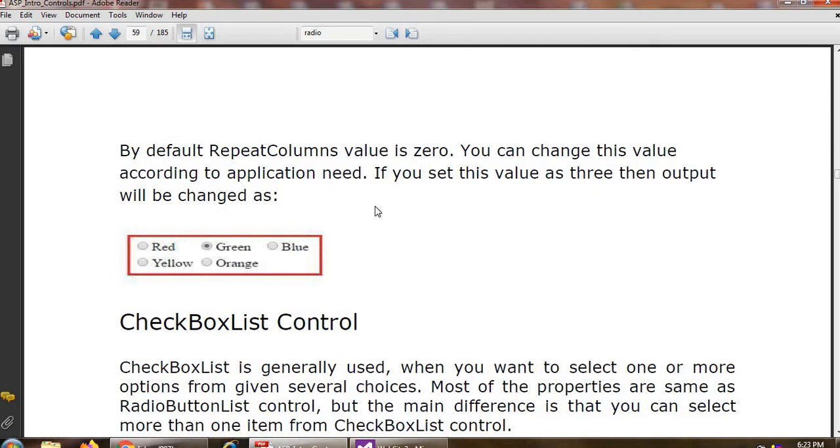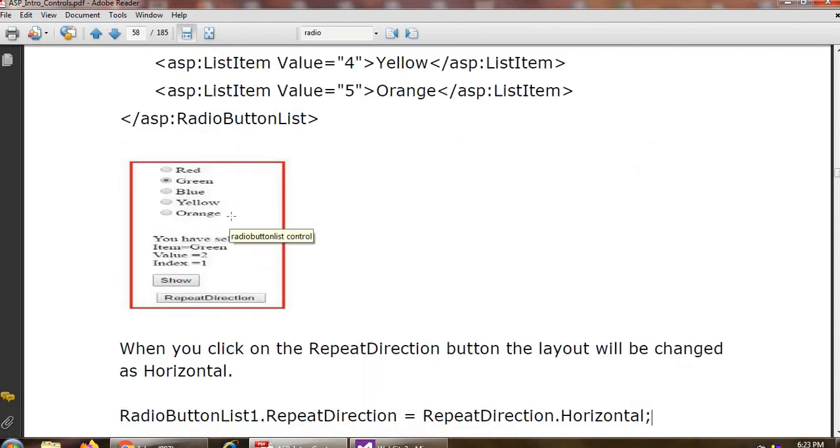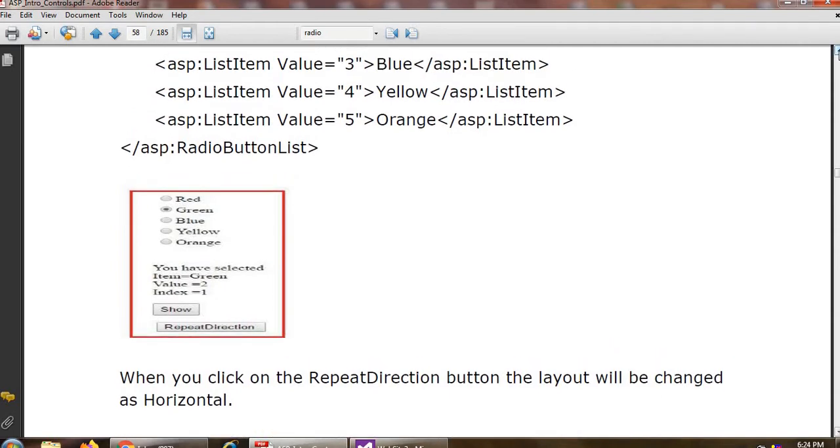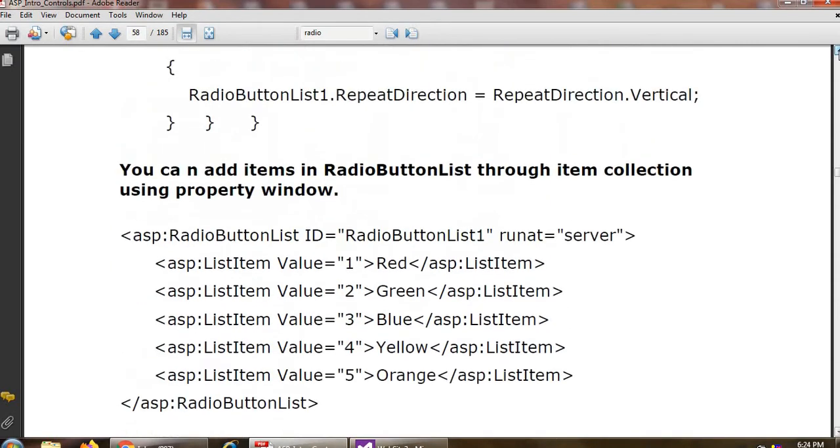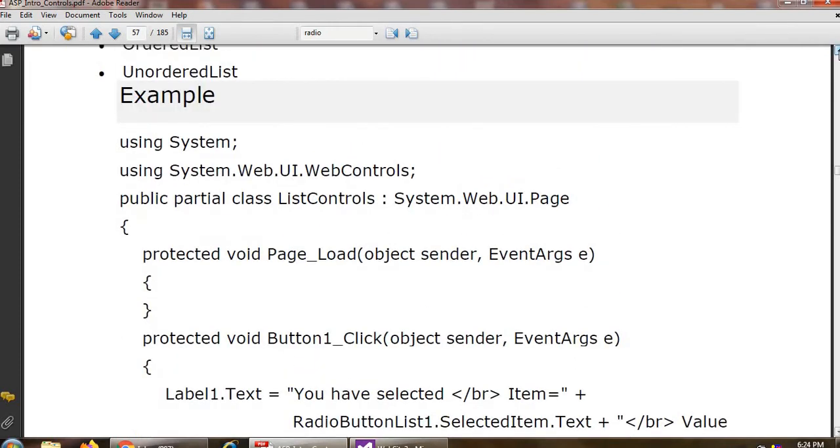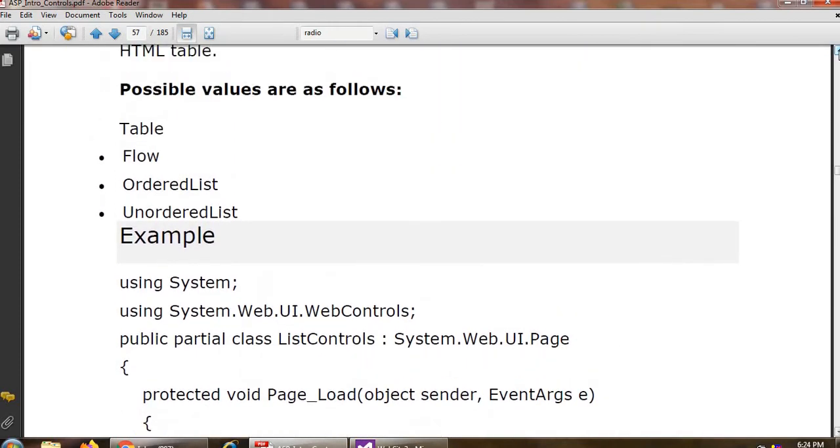And if I want to display them vertically, like this, it is called vertical. So if I want to display my list like this, then we can use a radio button list.